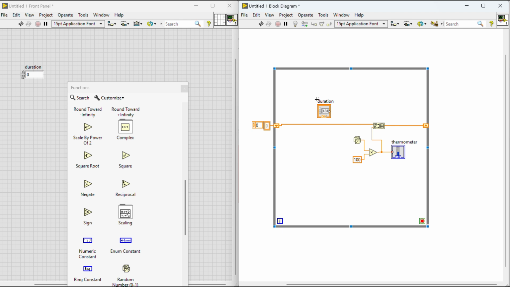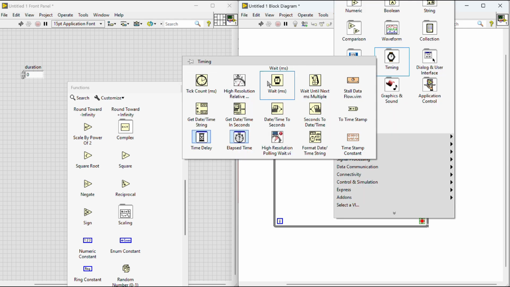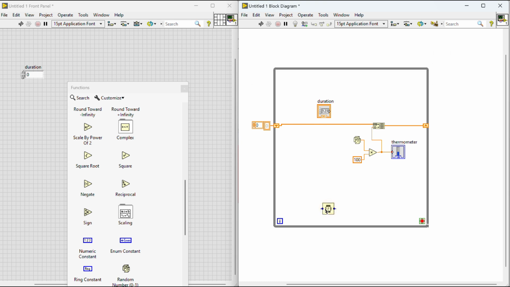After that, this while loop iterates so fast that I want to iterate at about every 500 milliseconds. So let's put the timing and the wait function here. This is the wait function at about 500 milliseconds, which means at every 500 milliseconds, this random generator generates a number and stores it into memory. And after that, I want to connect this one to